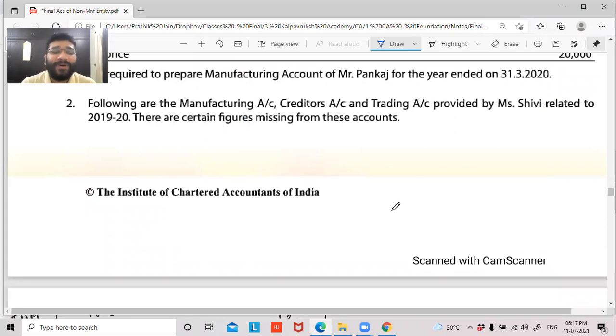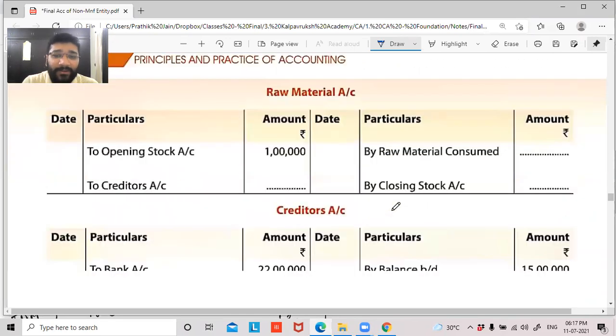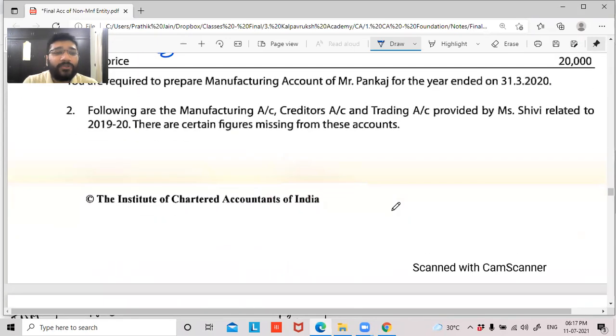Okay, guys, now let's go ahead with the second question. Now, when I look at this question, it sounds to me more like solving a puzzle, guys. So the second question, do not take it as a question per se at the CA level. You can just take this as a game, just enjoy this entire process. It's more like solving a puzzle where they'll give you certain information. Based on that, you have to find certain missing information, and using that, you'll further find out more missing information. So it is more sort of a game. It is very interesting. Let's do it, guys.